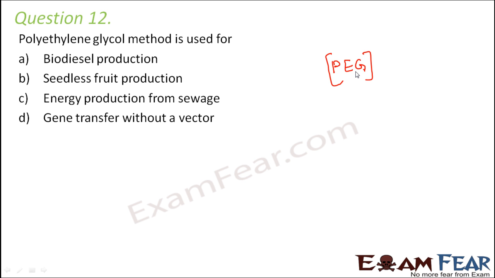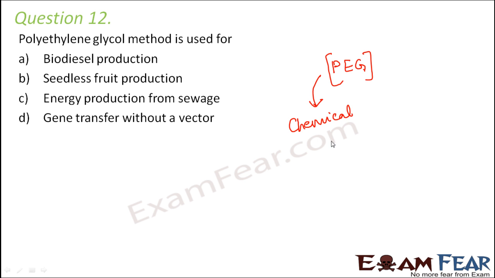Basically, you do not remove the cell wall of the bacteria or the yeast, but even without doing that, you are able to induce genetic transformation. So this method is called the polyethylene glycol method. It is a direct gene transfer method where DNA is introduced into the plant cells without involving a biological agent. The PEG method falls under the chemical method of direct gene transfer.